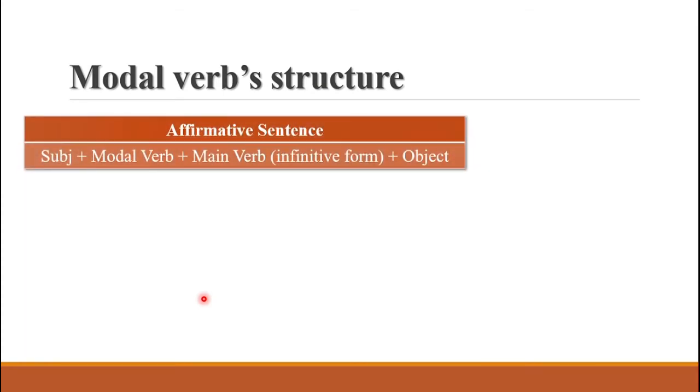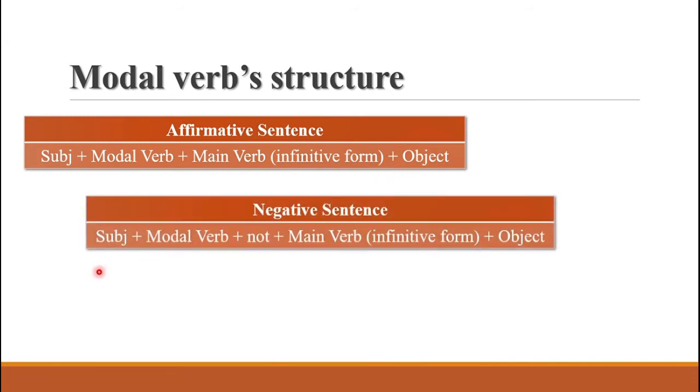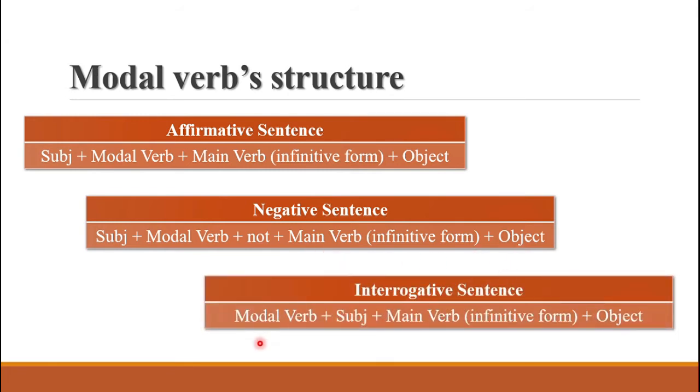Affirmative sentence, we have subject, modal verb, main verb in the infinitive form plus object. Negative, we have subject, modal verb plus not. You see, we don't have does or do, we just have modal verb plus not plus main verb plus object. Interrogative sentence, we have modal verb, subject, main verb and object. In the interrogative sentence, we use the modal verb at the beginning of the sentence. Okay,